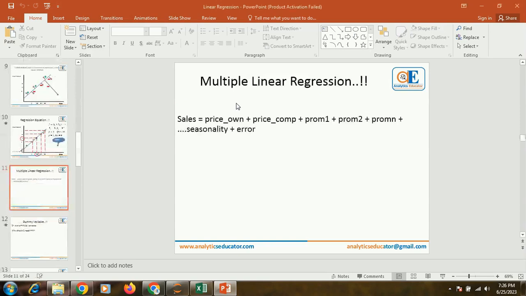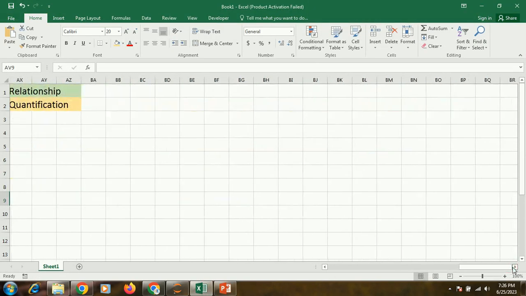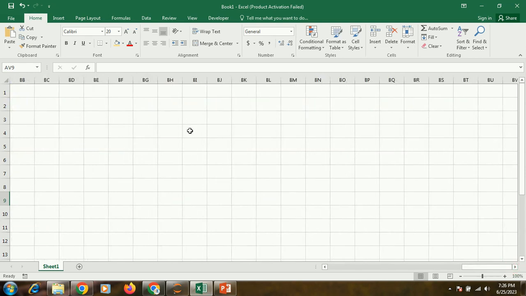For example, suppose you are buying your clothes from Shopper Stop, and one fine morning you are planning to go to Shopper Stop to buy some clothes, and you find in Pantaloons there are some discounts going on. So don't you feel a lot of people will go to Pantaloons instead of Shopper Stop? What do you think? Yes, no?